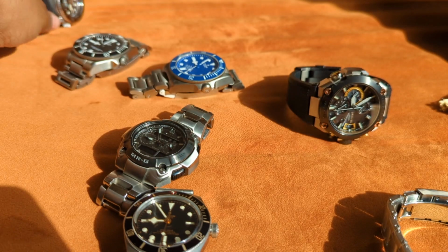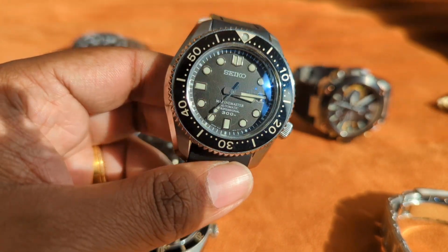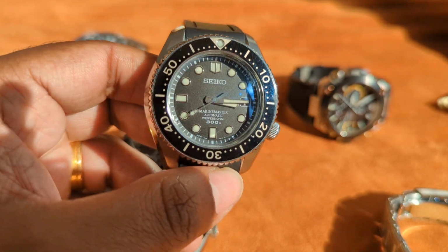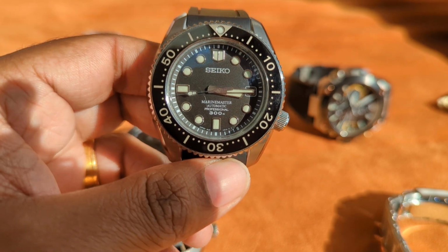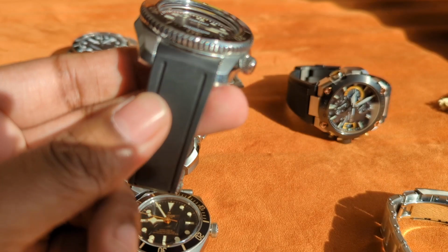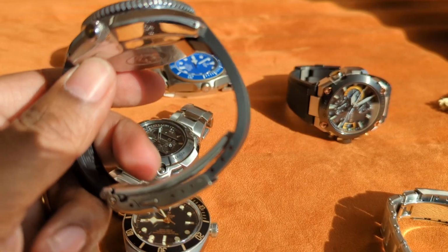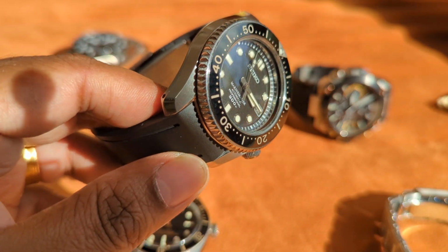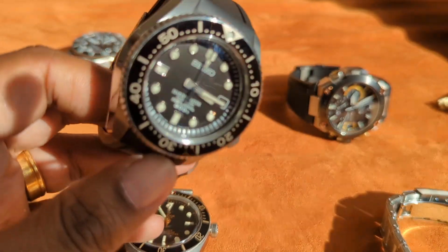And then the last watch we're going to compare it to today, very, very popular watch amongst the watch collecting community. It's the SBDX001, or the Marine Master 300, MM300. This is on a, not Strap Code, sorry, this is on a Crafter Blue vulcanized rubber strap that I bought from Strap Code. I think actually I bought from Crafter Blue years ago. I've had this watch for about 7 years now,